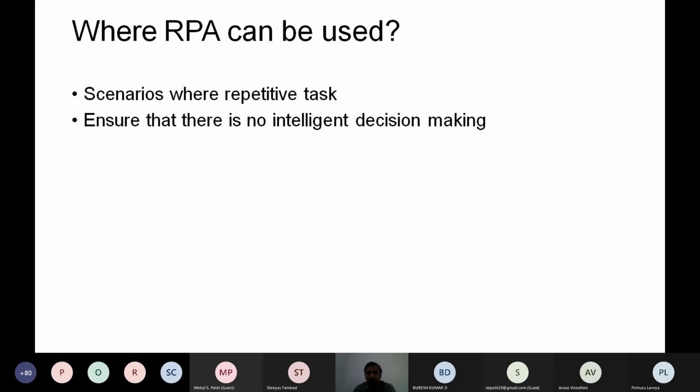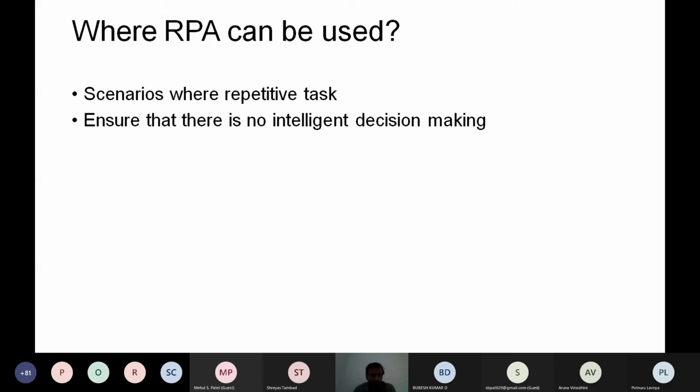So where these RPAs can be used, the last one: wherever you have repetitive tasks, not as such that I have a task now, I have to automate this task. Nothing like that. Wherever there is repetitive task, wherever you have a huge amount of manual work, where the data is structured data and where the data is being processed based on rules.